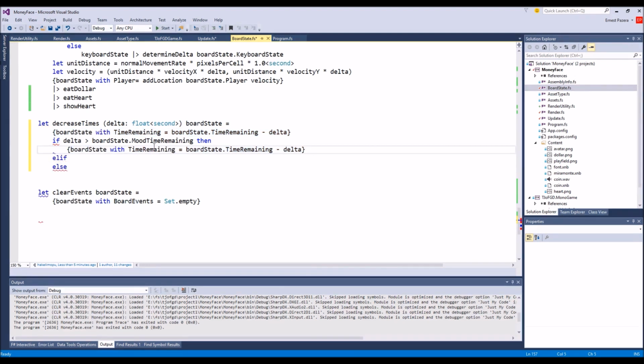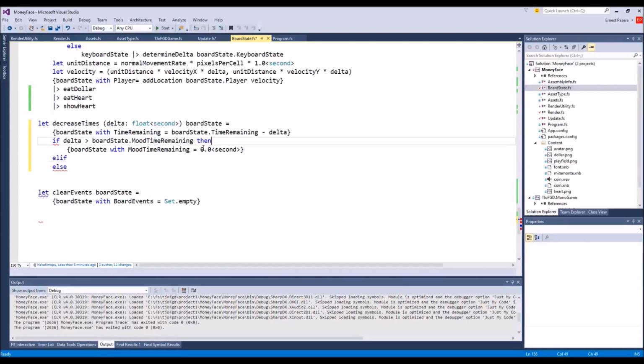It usually will be with mood time remaining equals 0 second. Delta's that, then that. Otherwise, else